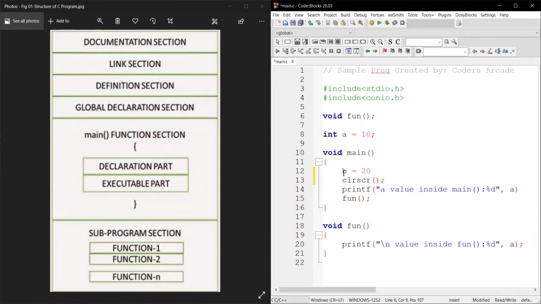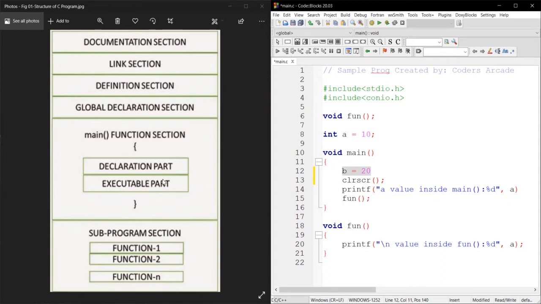If we need to use this b variable, then we need to declare it inside the global declaration section. Just because we have declared it inside the main function, it is now a local variable, local to only this function. So this is the declaration part of this main function.